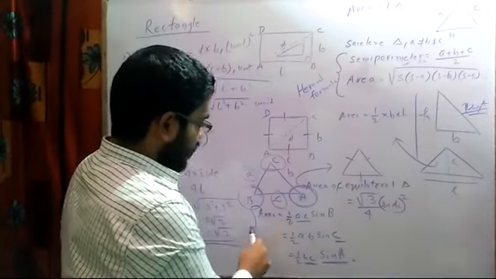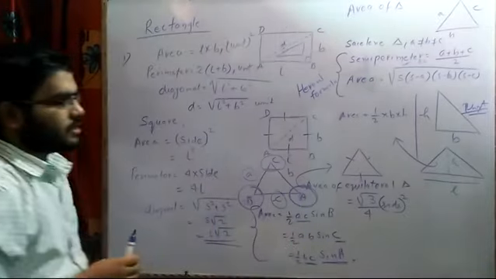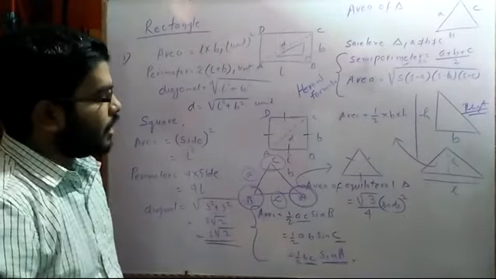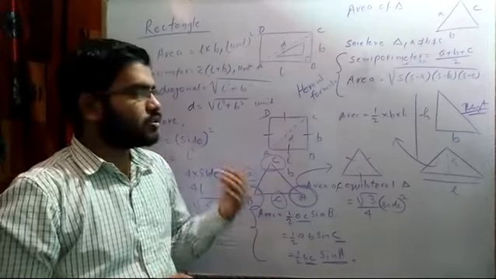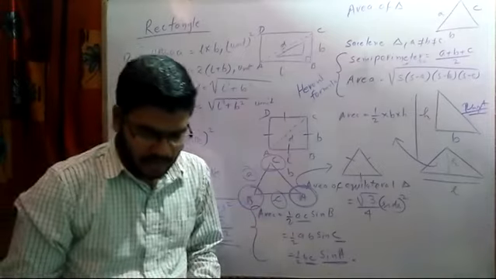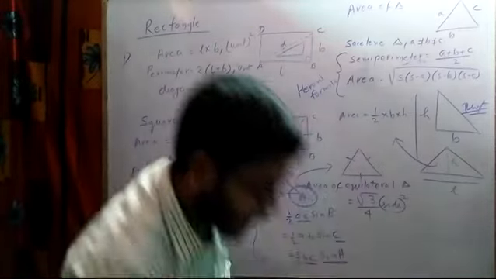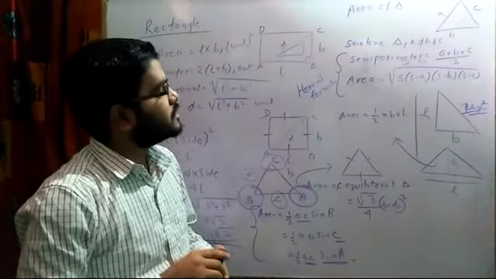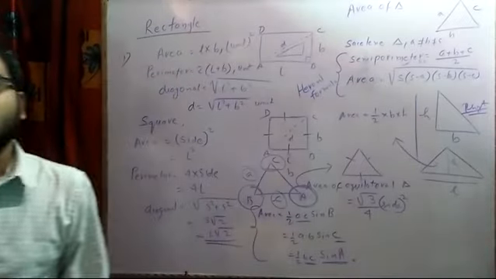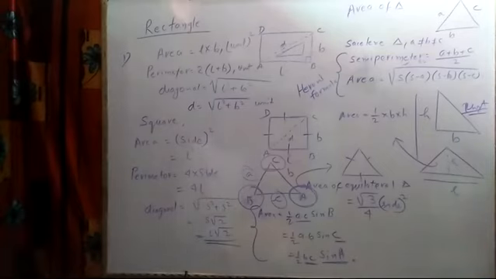So I hope the area of triangles, the area of square and rectangle you must all be knowing, and some of the other formulas are for circle and square, which I will deal with in the upcoming lectures. Here I will be discussing one or two questions so that it will give you an idea of how to calculate the numerical problem. Now question number 2C says that the perimeter of the triangle is 40 centimeter and the ratio of its length and breadth is 3:2. Find the length of its diagonal and its area.